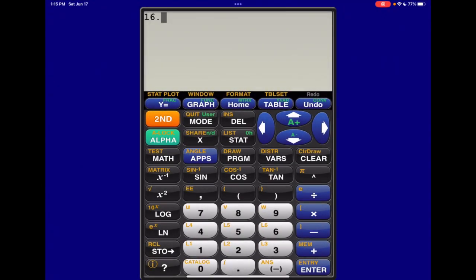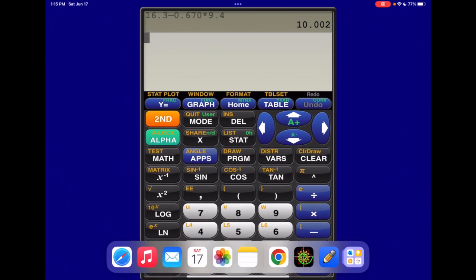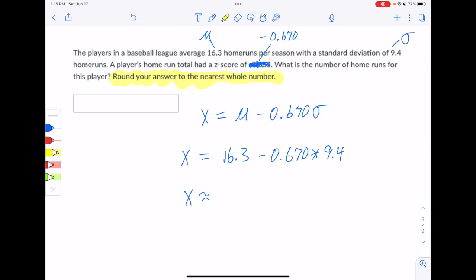We would type the 16.3 for the mean. We have a negative z-score, so we want to end up below the mean, so we subtract 0.670 times the standard deviation, which is 9.4. So we're taking the mean, and we're subtracting 0.67 standard deviations away from that. We get 10.002. So going back,